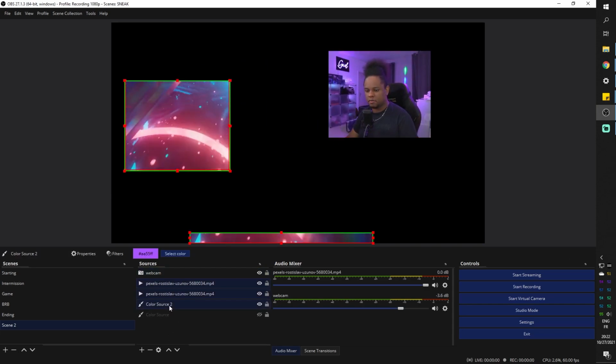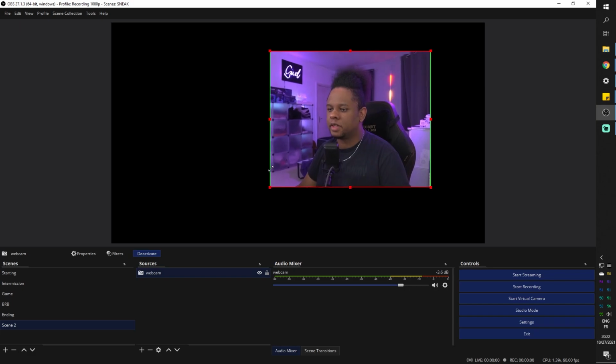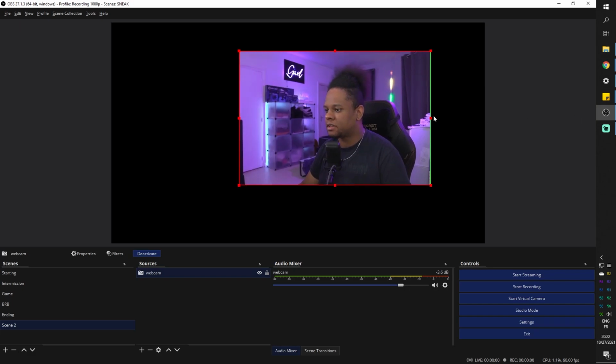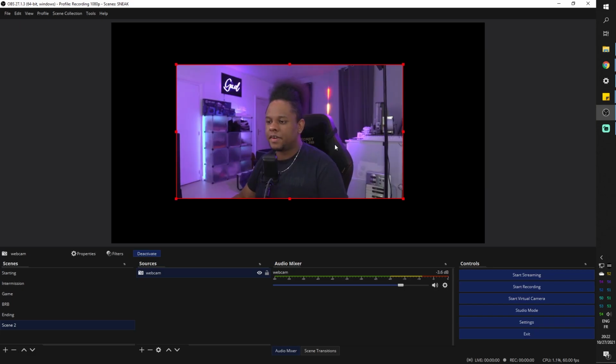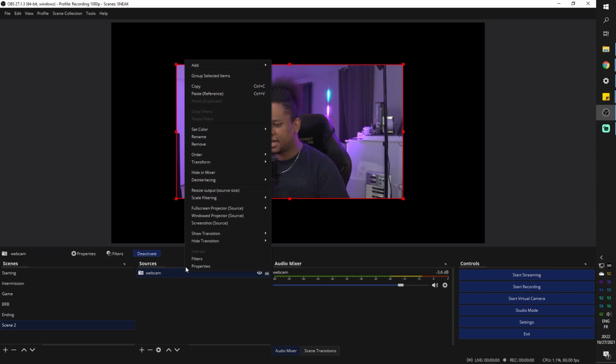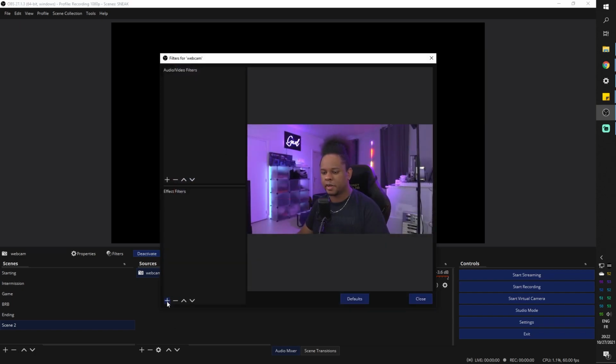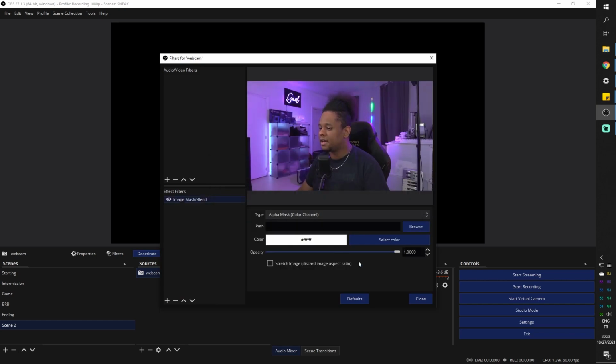Let me delete the rest. You can add a specific filter to have a specific effect on your camera. For example, what if I didn't like the camera shape, or I don't want a rectangle? No matter what I do, I don't want a square, I don't want a rectangle. I can right click on the camera, click filters, click plus, add image mask blend, click OK, and depending on